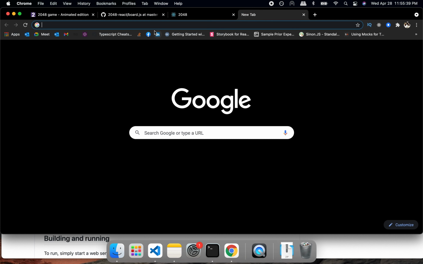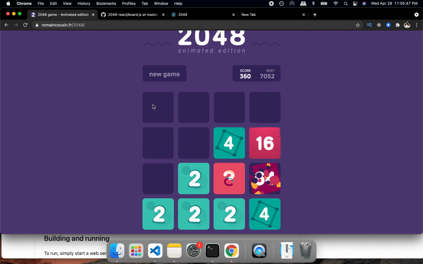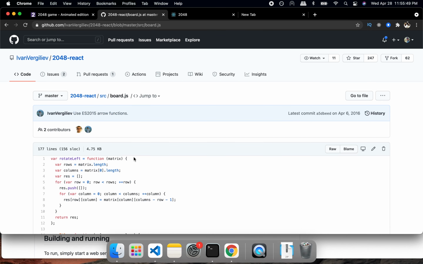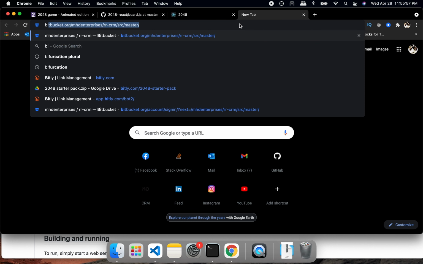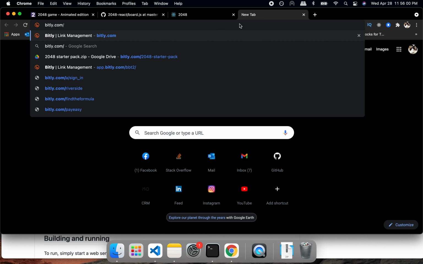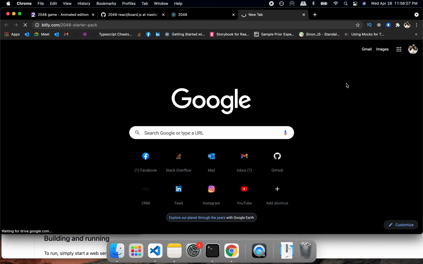Okay, so in order to start, you will need a starter pack, because this is what I have created in order to give you all the GIF, also this particular logic. I don't want you to copy and paste this particular logic. So that's the reason I created a starter pack. All you need to do is just to go to bit.ly/2048 starter pack, and this will redirect you to a Google Drive, and all you simply need to do is download this particular zip file,